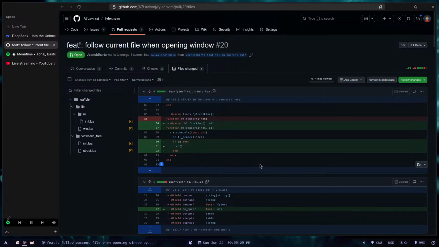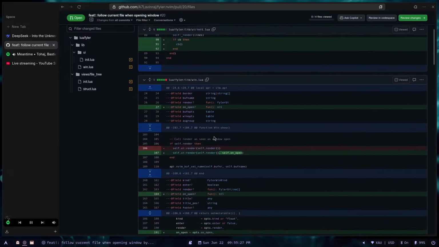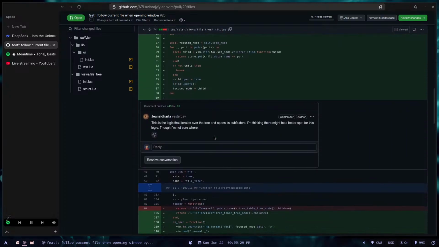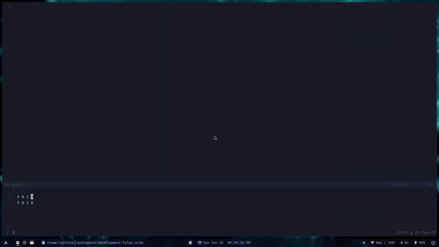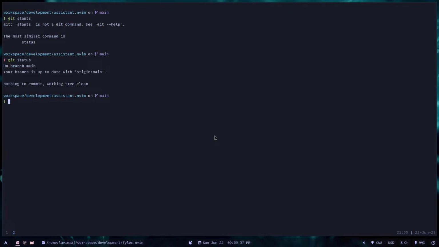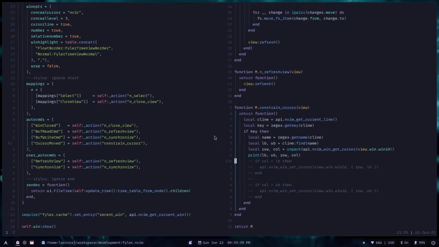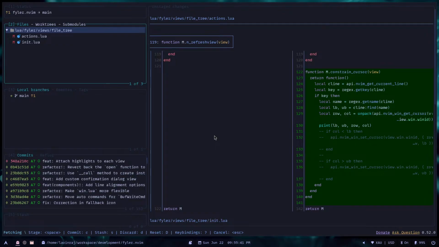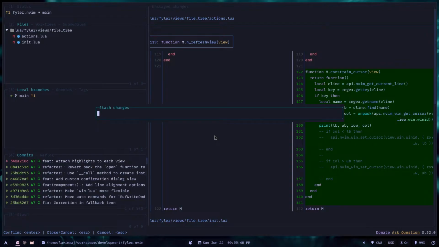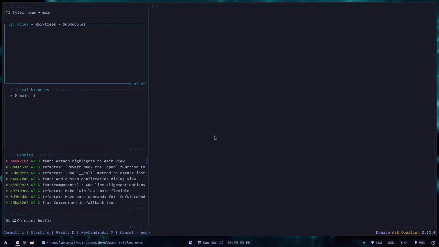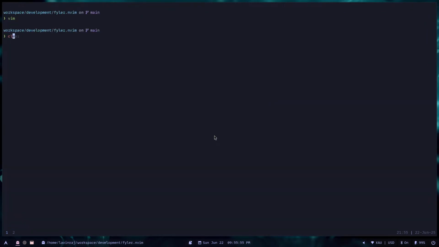Okay, this thing is correct. Okay, I have to do this thing. Wait a minute. Git status, git status. We have to stash this thing out. So let's just stash hotfix, and we have to pull the branch. So git pull